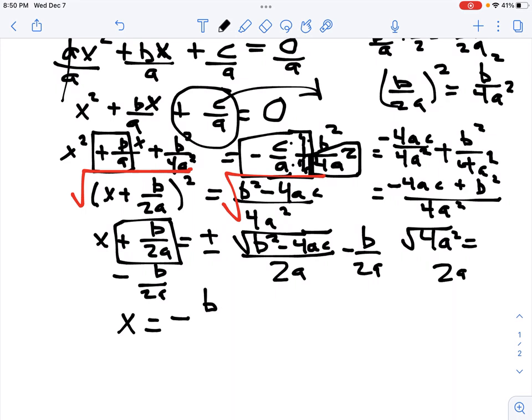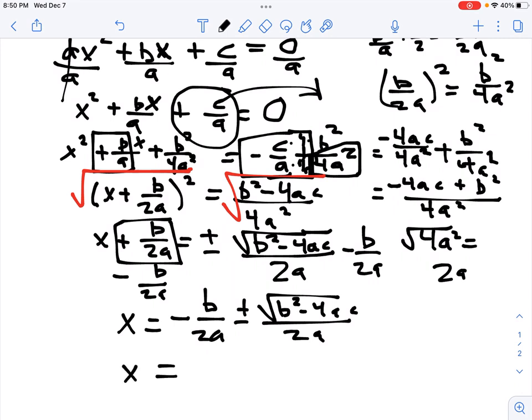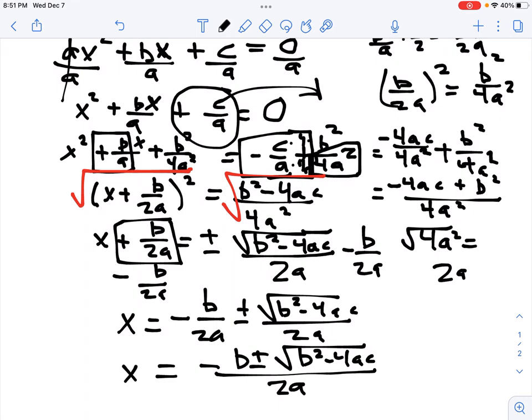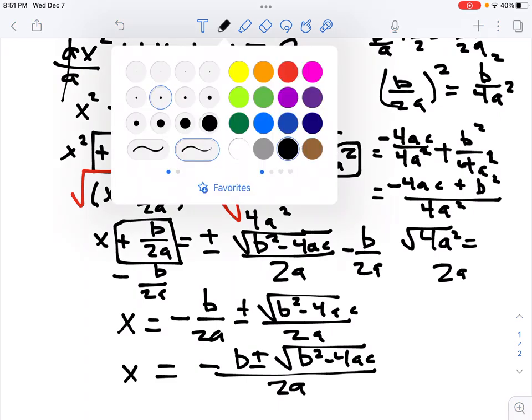So we go negative b over 2a plus and minus this mess, b squared minus 4ac over 2a. And now they have a common denominator. So let's just put it all together, right? So we got x equals negative b plus and minus the square root of b squared minus 4ac all over the denominator of 2a, and lo and behold, you have